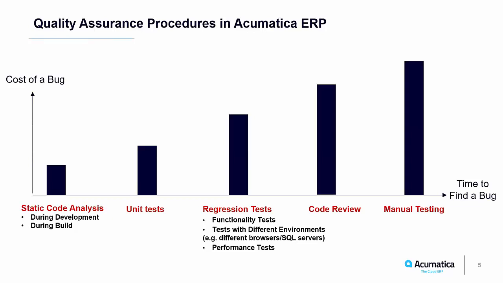And of course, during that stage, they may still find some bugs. And well, manual tests require a lot of time from business analysts. So it takes more time and more money to find a bug on that stage